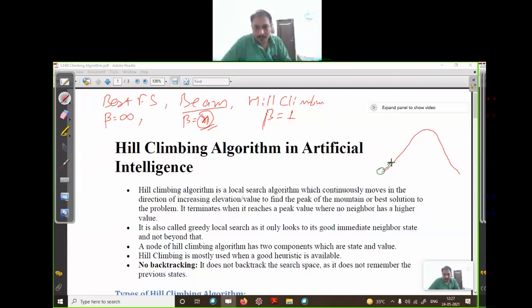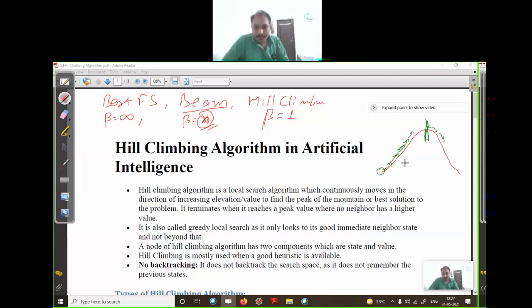We are moving, moving, moving until we reach the peak of that mountain. When we see the value is decreasing, we stop, meaning we will not move there. We have ultimately reached our goal, which is to reach the peak point of our mountain.